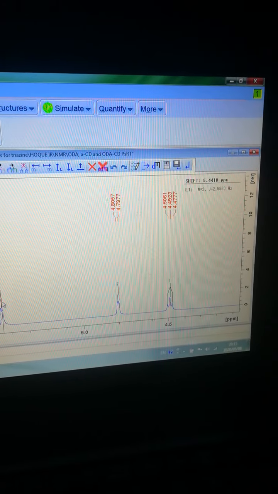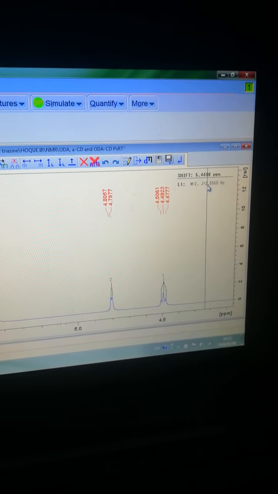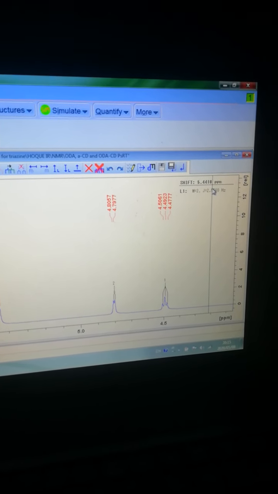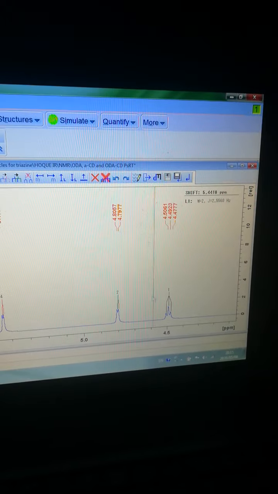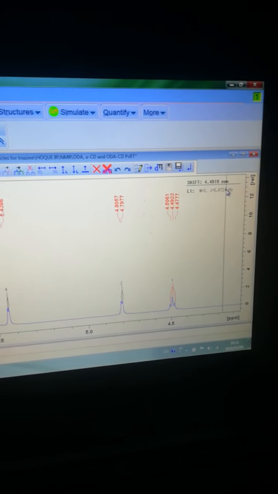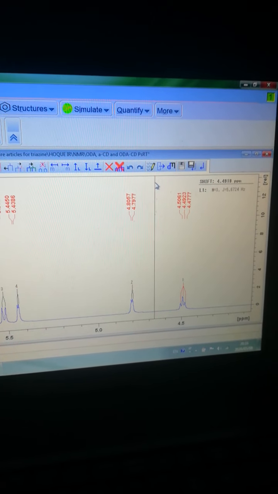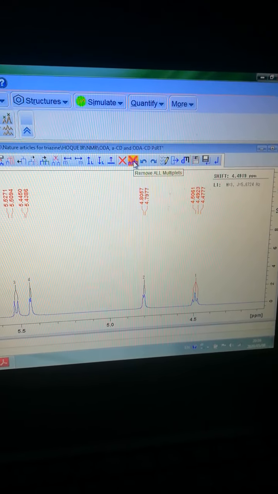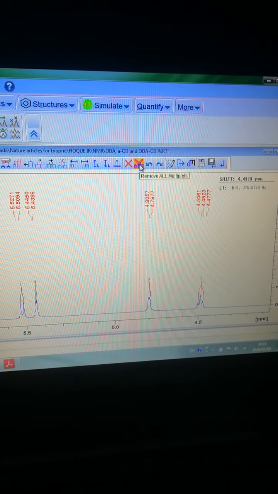If you click here, which is not actually a doublet but we can try, you can see the value change, corresponding to these four peaks, so 2.56, something like that. And here is the triplet. If you click here, you can see the value change, corresponding to a triplet, which is 5.67 or something. So this is automatically created, but now we would like to delete it and do it manually.